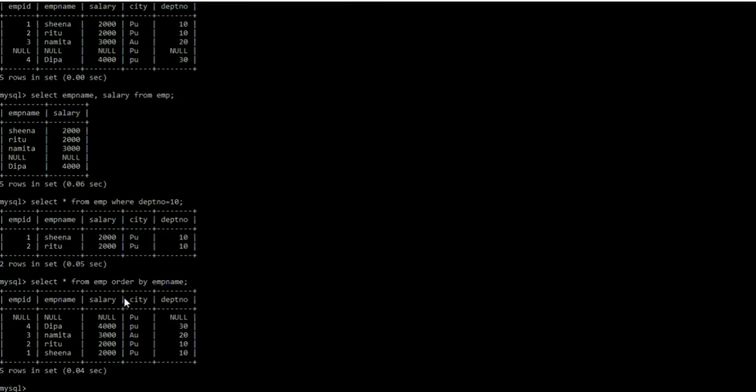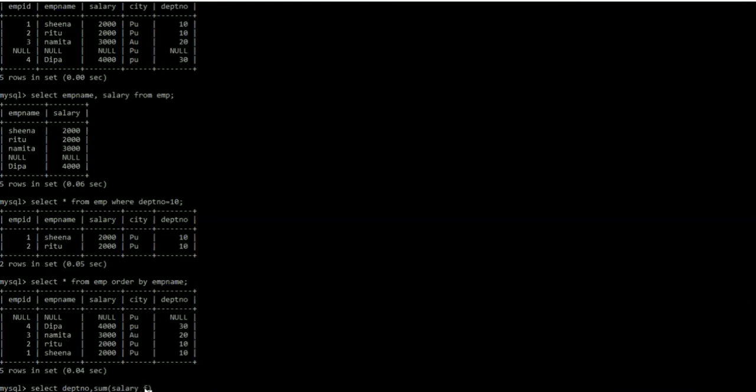Now, one more feature of select query is that if I want to execute any group function, meaning I want to see total salary department wise, then I say sum salary. Sum is my group function. I want to apply the sum on salary, and department wise I want to see the sum of salary. So what I will do, I will mention department number comma sum salary